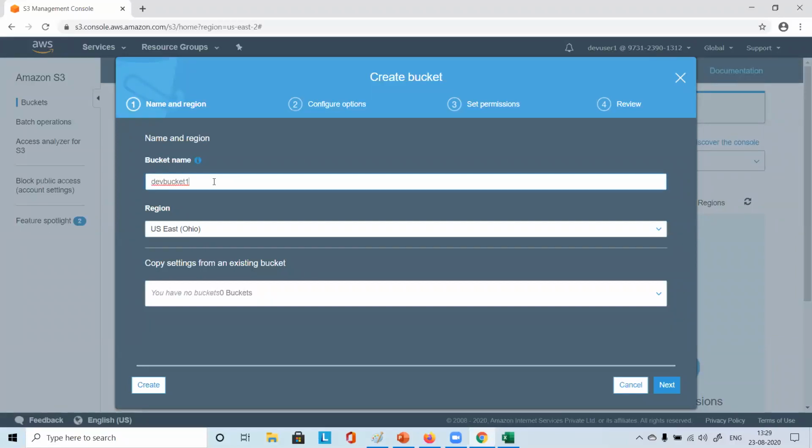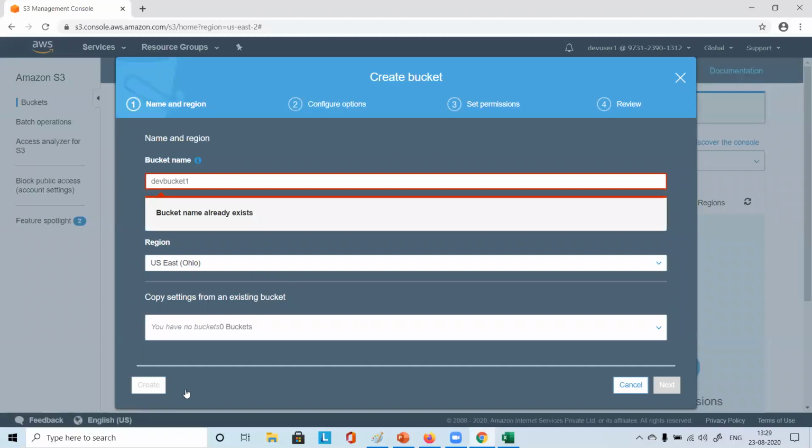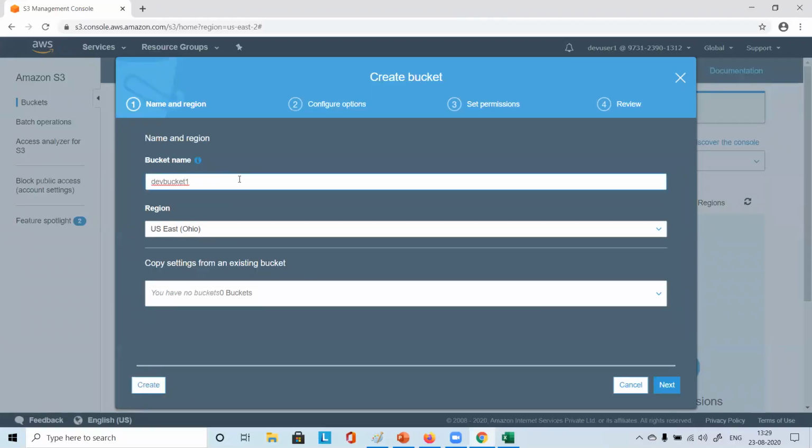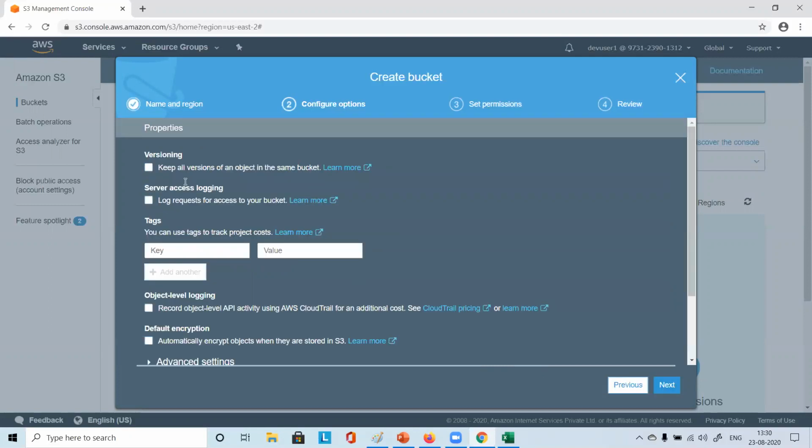Next. Bucket name already exists, so I can say Dev user 1 hyphen bucket 1. I don't think this will exist already. So I'll create it like this. I say next. Okay, this is good.